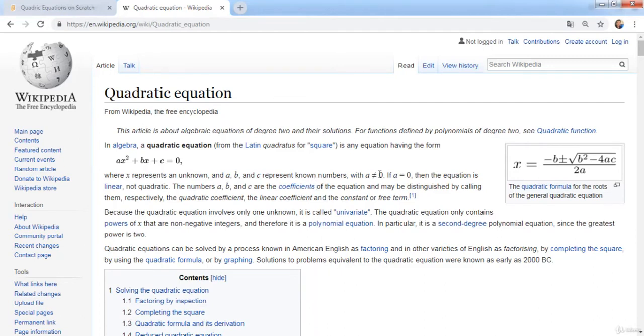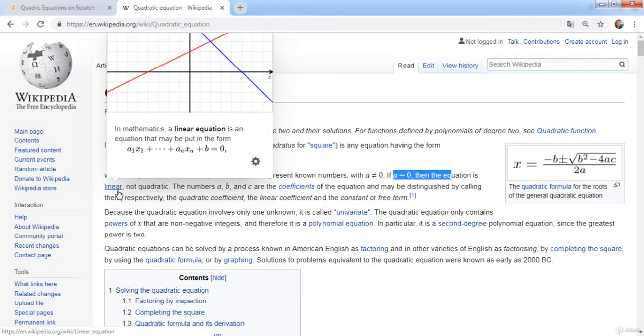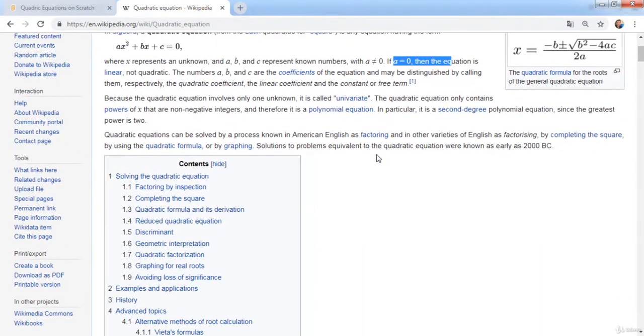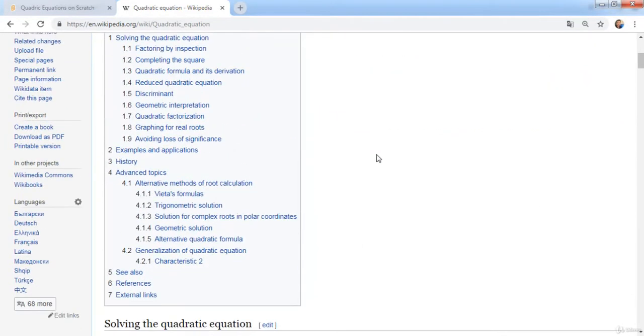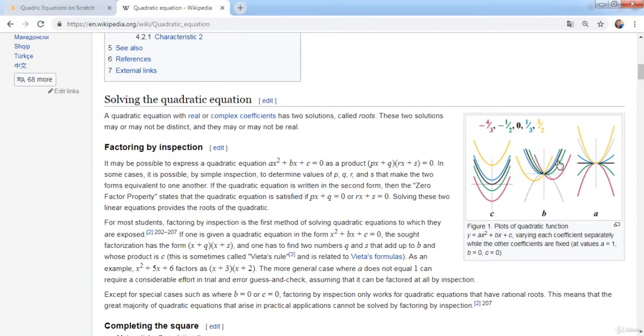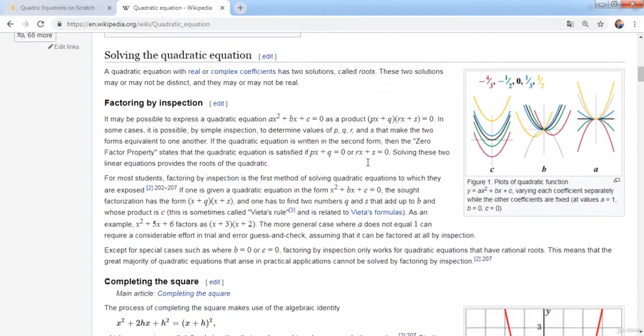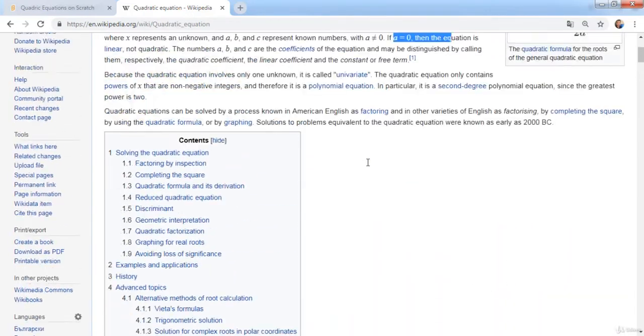known numbers. A should be different from 0, and if a is equal to 0, then the equation is linear, not quadratic. This is what a linear equation looks like, while this quadratic equation looks like this one. As you can see, we have x1 and x2. So